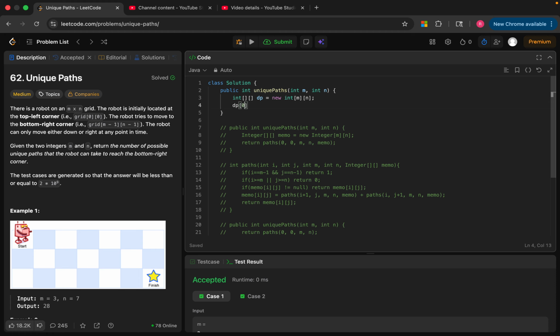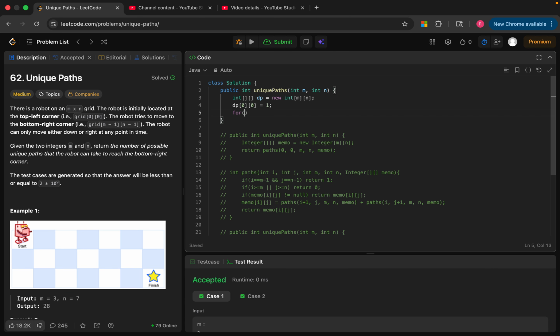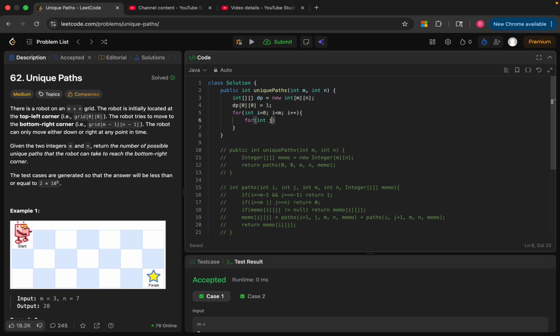Initially, let's update this initial cell with 1. Now for i from 0 till m and j from 0 till n,